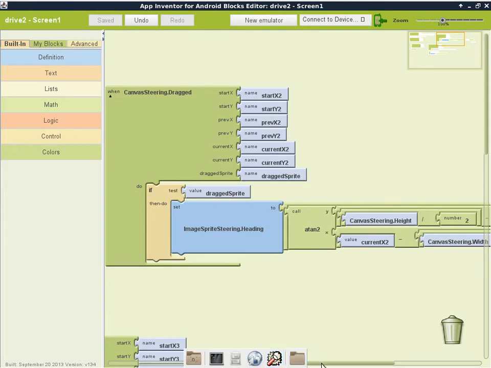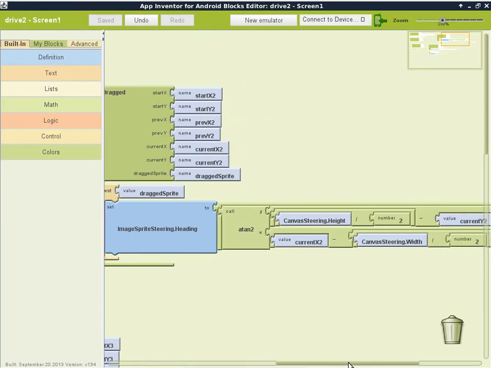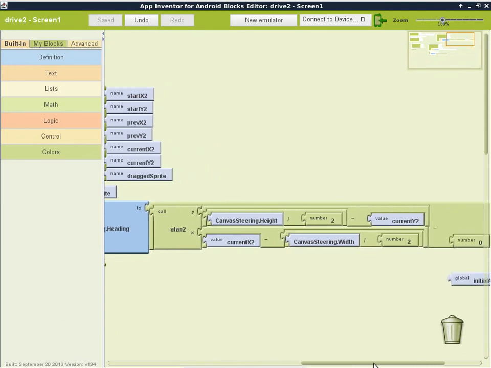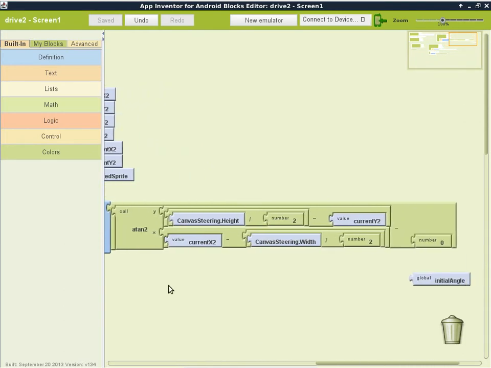If I scroll over just enough to show that. Okay, we're just focusing on the arctangent 2, so I can display the entire arctangent 2 here. So that's why we have canvas steering dot height divided by 2, which will give me the center height wise of the entire canvas. Subtract current y2 from it, so that I can actually see this particular y on the steering. And I'll do about the same thing with x, except x is a little bit different,